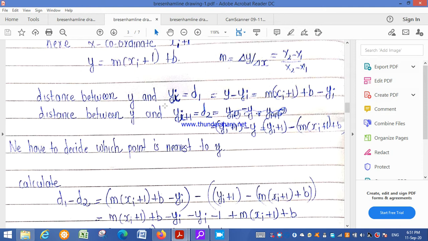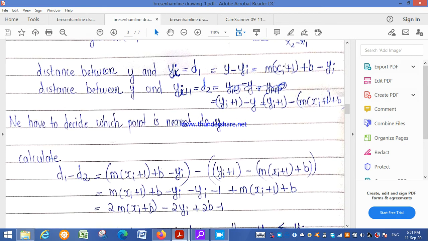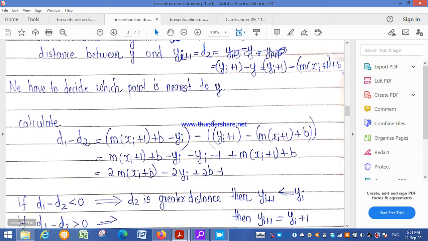For that, if you have calculated d1 and d2, you calculate d1 minus d2. d1 minus d2 can be calculated with the help of these equations. So we substitute d1 and d2 from here and here. d1 is m into xi plus 1 plus b minus yi. d2 is yi plus 1 minus m into xi plus 1 plus b. So again on rearranging we get the equation as 2m into xi plus b minus 2yi plus 2b